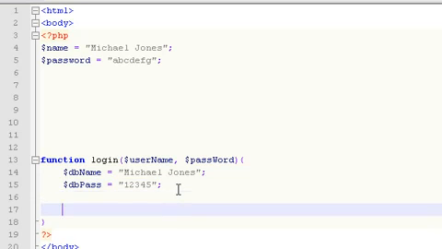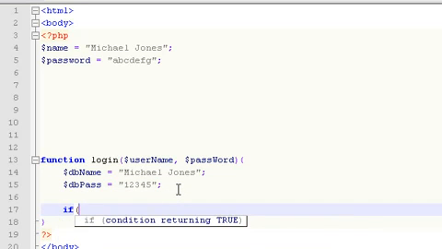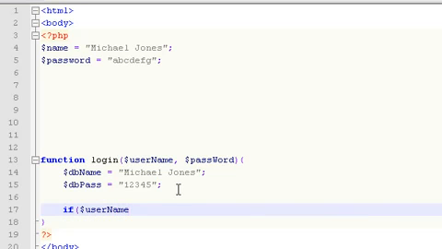So the first thing we want to do is say if username, and this username refers to the parameter that we passed in. If you look right here, I hope my cursor catches up with my voice here. This first parameter in our login function, that's what that's referring to. So whatever value we pass into this function when we call it will be the value which is inserted here for us. If username is equal to, and there's our double equal sign,